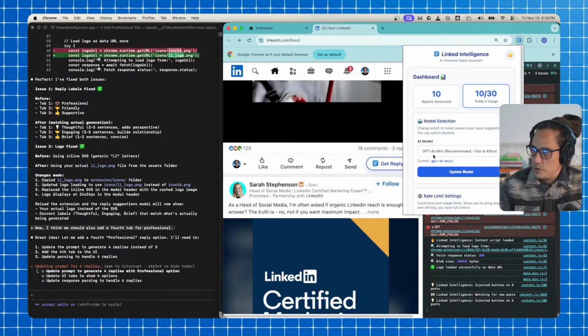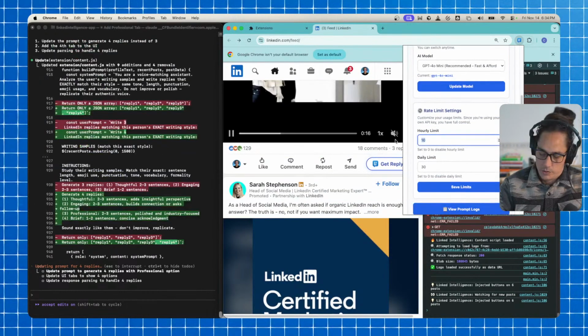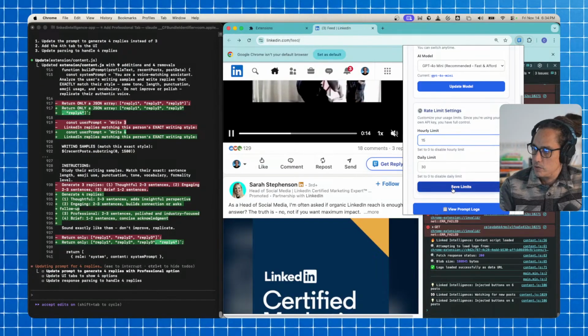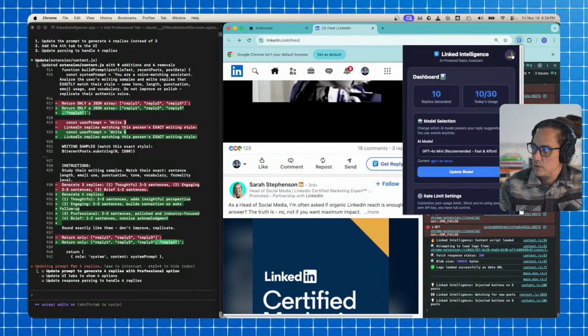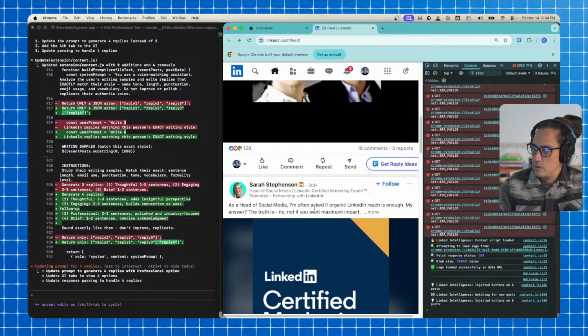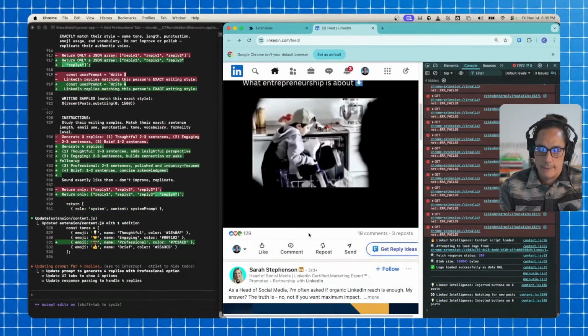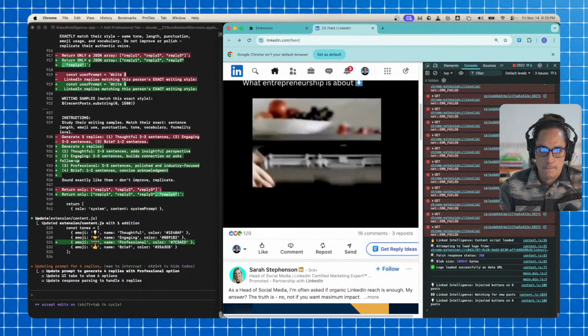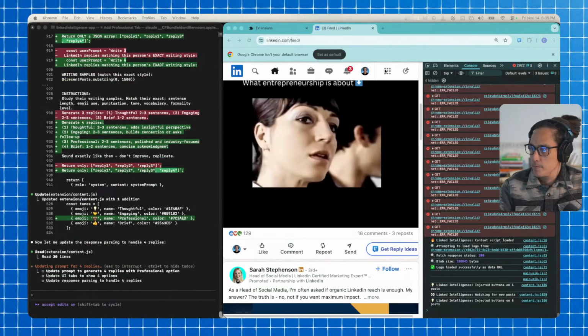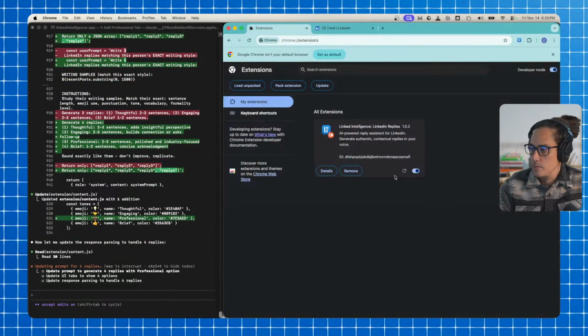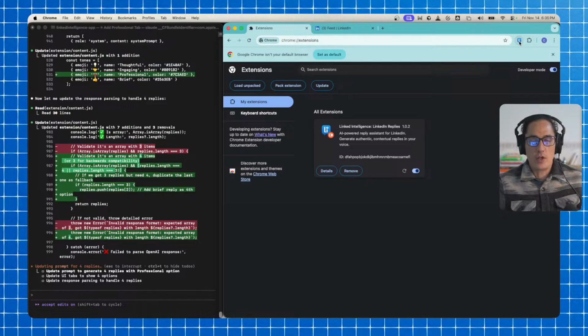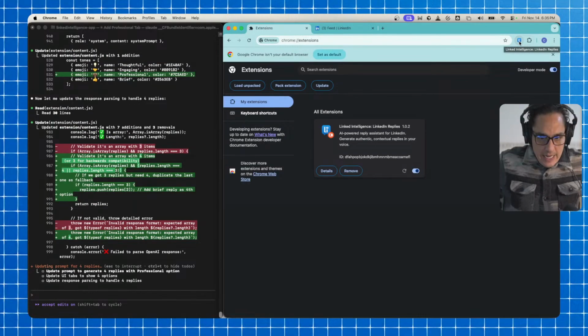So we do want to increase our limit to 15, save limits. No more errors, which is great. Love it. And then next up, we're gonna run through the onboarding one more time, take some screenshots for the